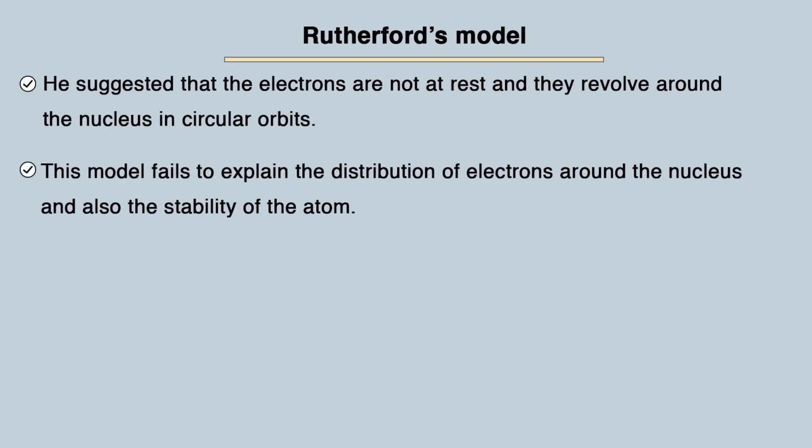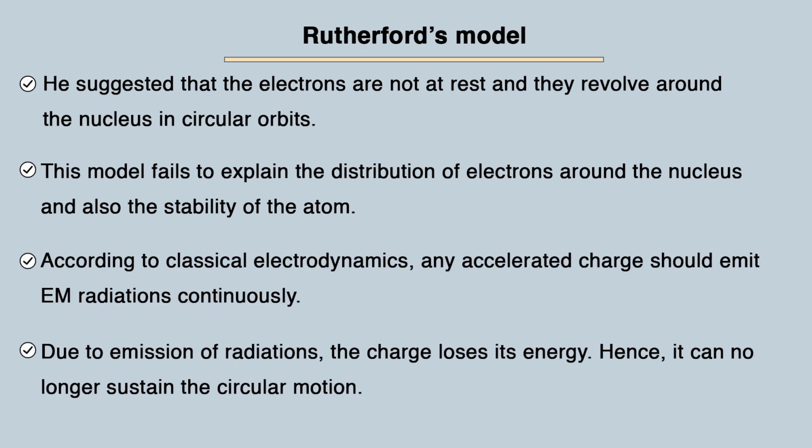And he also suggested that these electrons are not at rest, but are moving around that nucleus in a circular orbit. But this model also fails, because it failed to explain the distribution of electrons around the nucleus and also the stability of the atom, because according to classical electrodynamics, any isolated charge